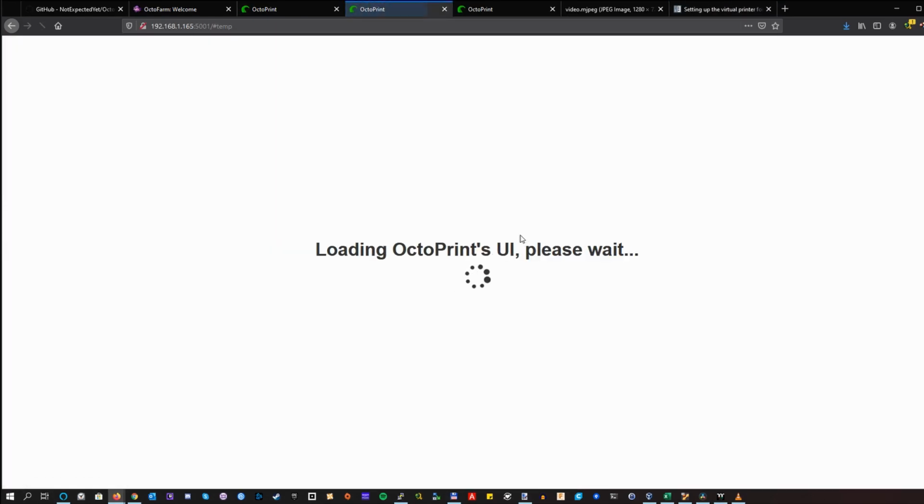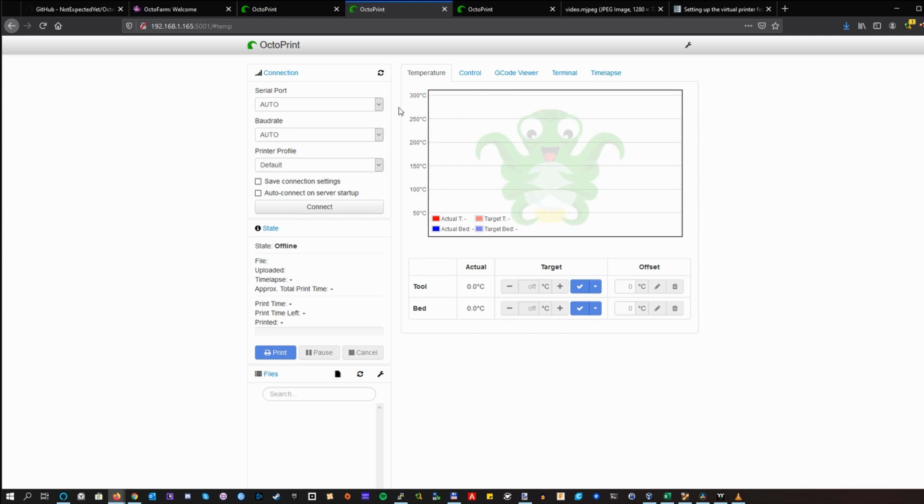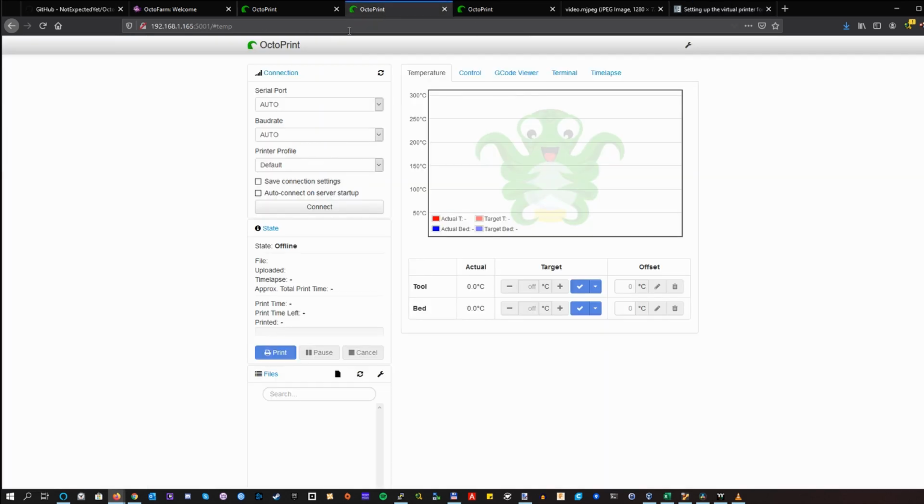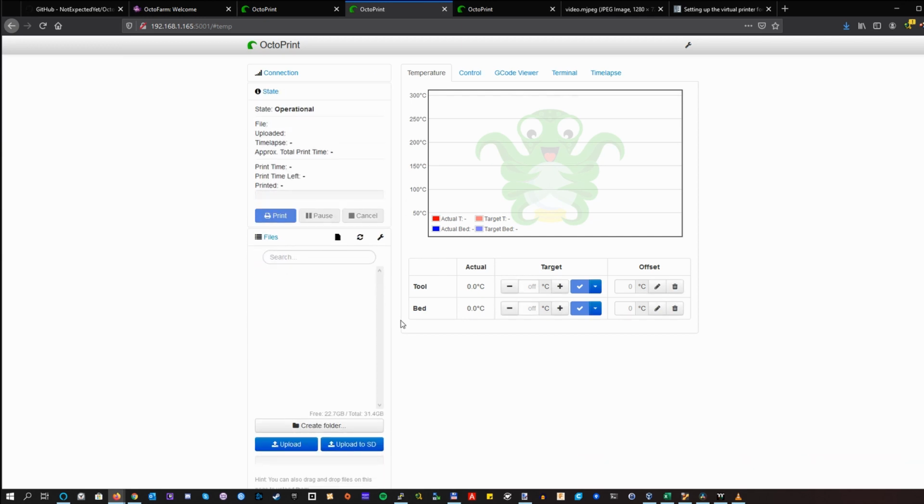After the restart, to activate your virtual printer, you have to select a virtual serial port on the left side of the screen under the serial port drop-down box. Then you can just do the connection thing as you do usually, and as you will see, the virtual printer gets connected instantly. Of course, I will have to do this for each OctoPrint instance, and then I'm basically ready to start testing